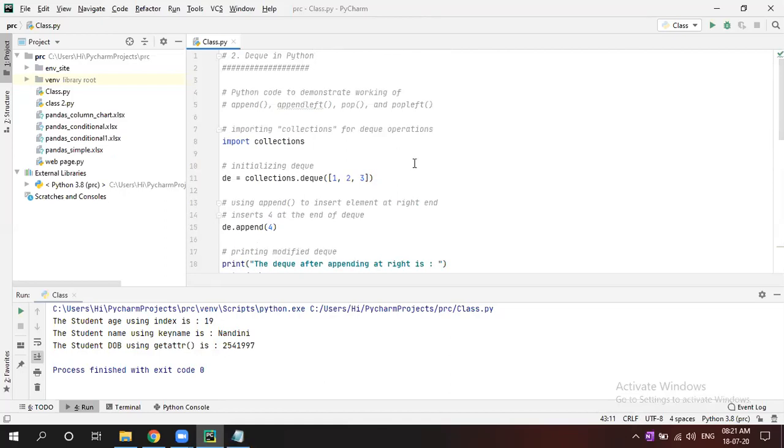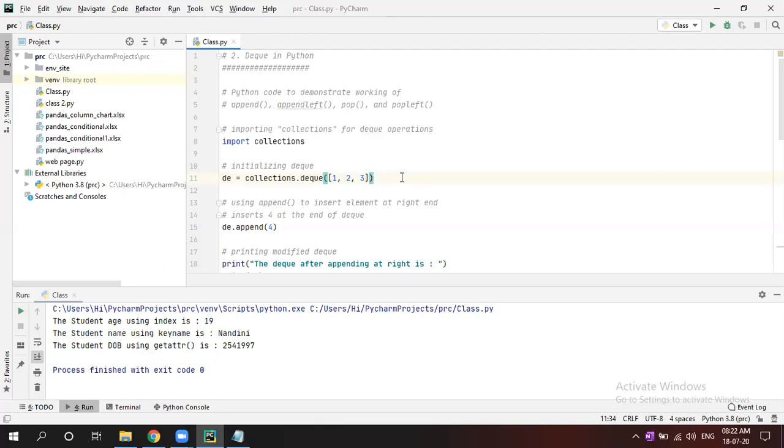Okay, so next is deque. In Python, under collection, deque is another operation. Let's see how it works. In collection, first you have to initialize the deque. So let's say d equal to collection dot deque, with a list 1, 2, 3.